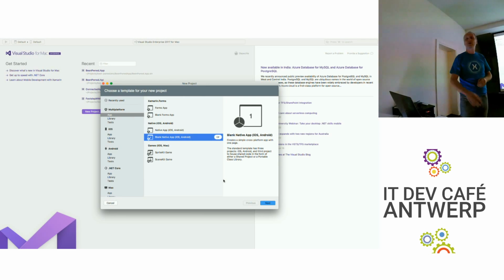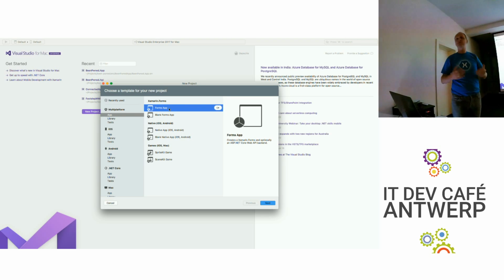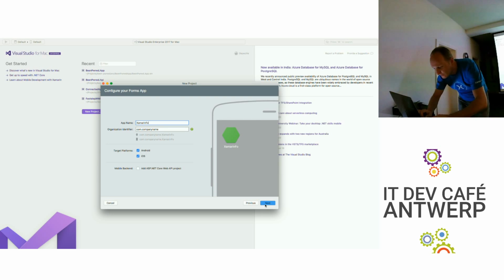So, if you're on a Mac or you're running Visual Studio on Windows and you do File, New Project, you'll have the opportunity to choose a Forms application. On the Mac, with the latest updates, you'll have two types. In the beginning there was only one, blank app, but now you have two. The blank app will give you just the startup page, but if you choose the Forms application, you will already have some examples of what you can do with a Forms application. So let's use that one, Xamarin Forms